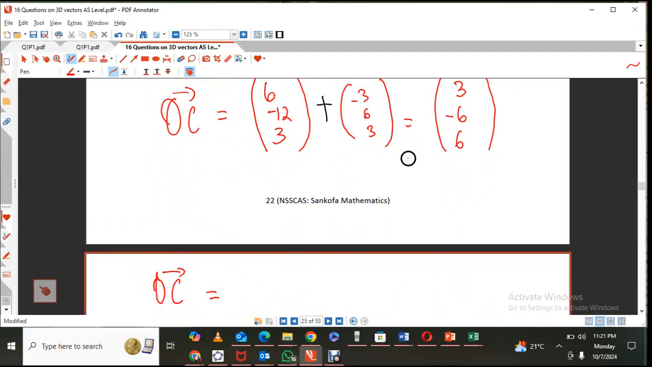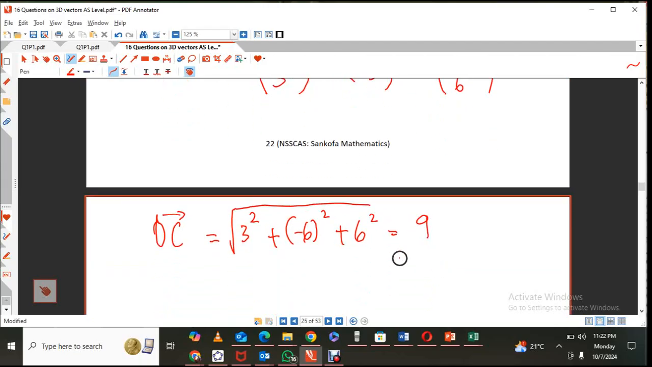You can also find that answer from there, okay? But the magnitude of OC is obviously going to be 3 squared plus negative 6 squared plus 6 squared, all of this under the square root. Of course, this is going to give you 81, square root of 81, which is 9. Now, the unit vector,